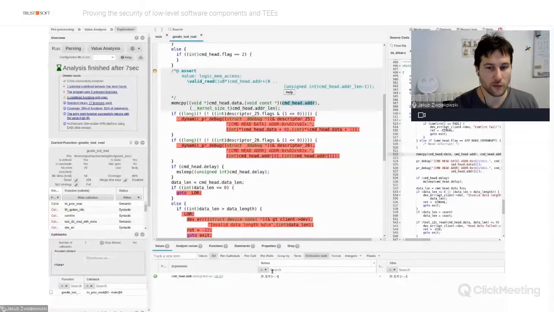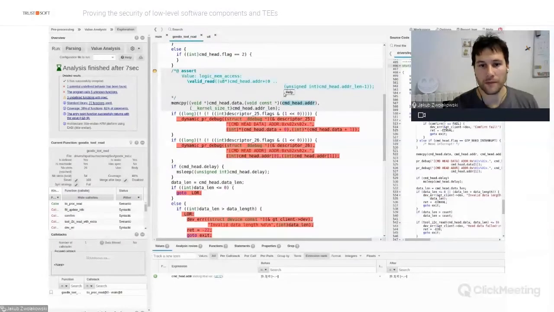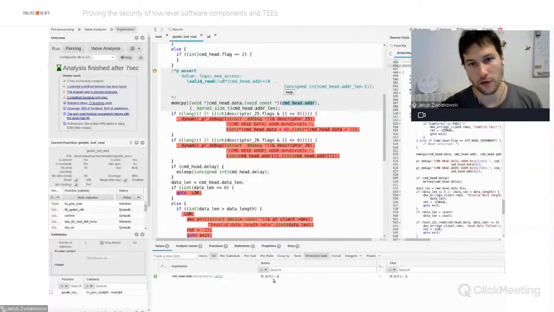This value means that they can contain any possible value of the type that is given here. What is this type exactly? I can click on that and see that it's unsigned char. So this means that here I have two cells of an array, and both of them can have any value from 0 to 255.